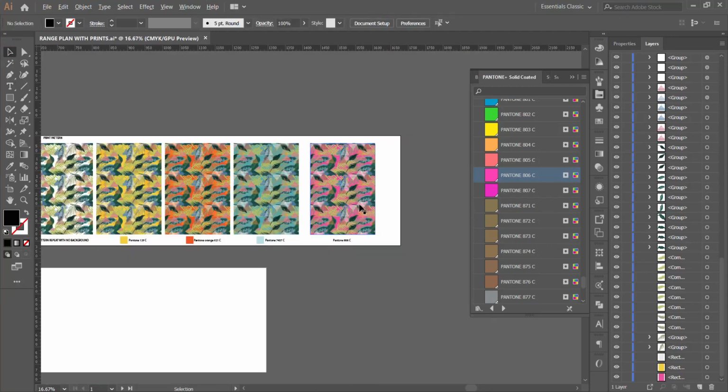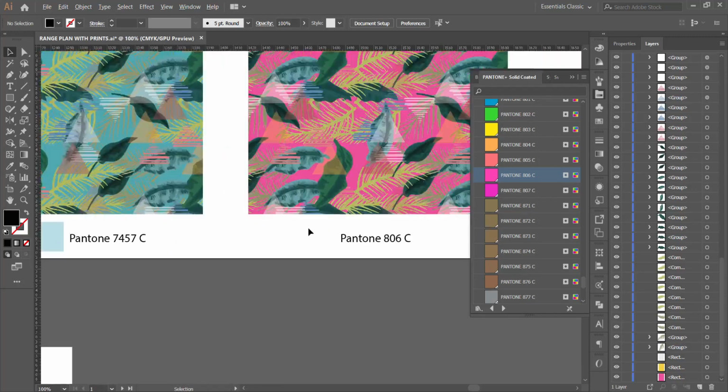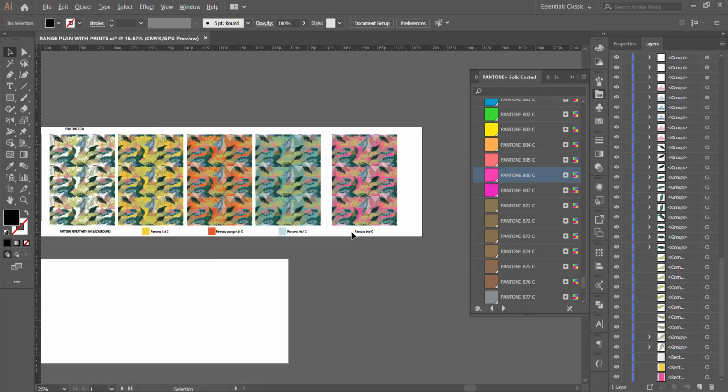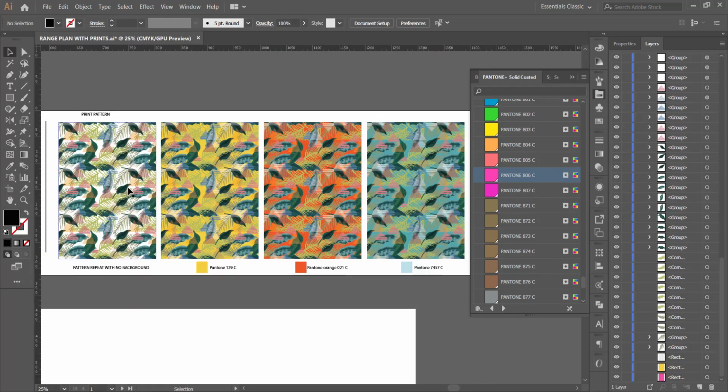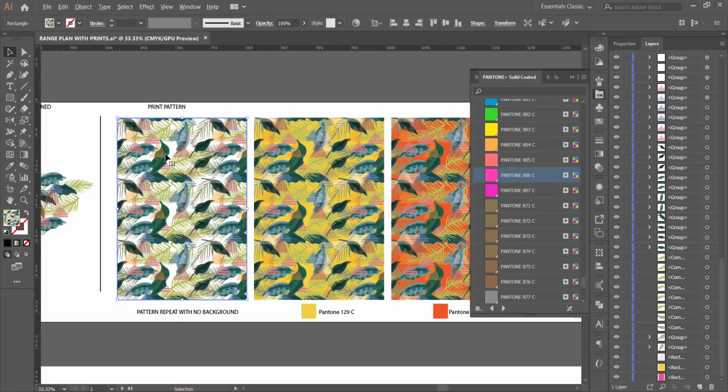So like this, I have a range of color options, or I can say colorways. Now this is how you do colors for the backgrounds, which will be the fabric, the base of your garments. Now what if I want to change the color of the print? So what I can do is, I can select the print pattern, and then I can go to my